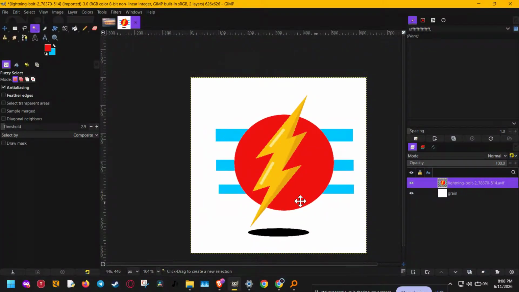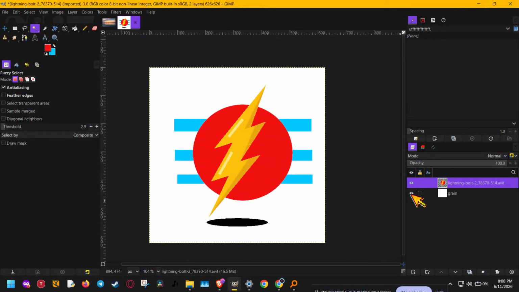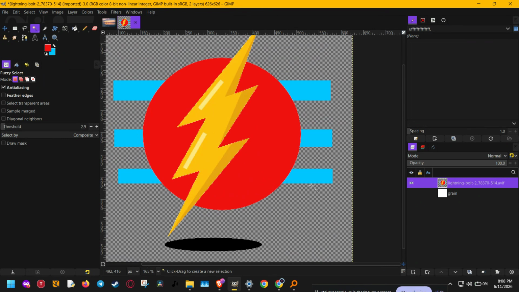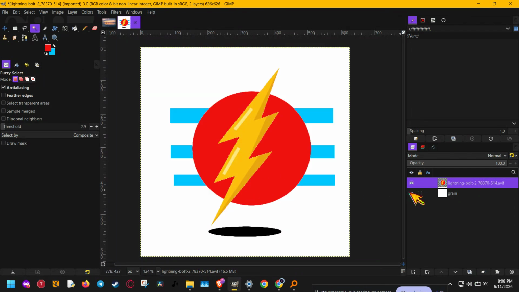If you've ever wanted to isolate text, a logo, or any shape in GIMP without manually tracing around it, then alpha to selection is one of the most useful tools you can learn. In this video, I'll show you what alpha to selection is, how it works, and exactly how to use it